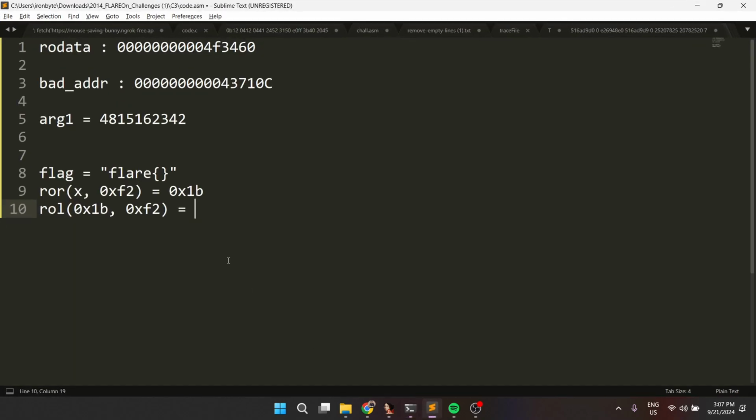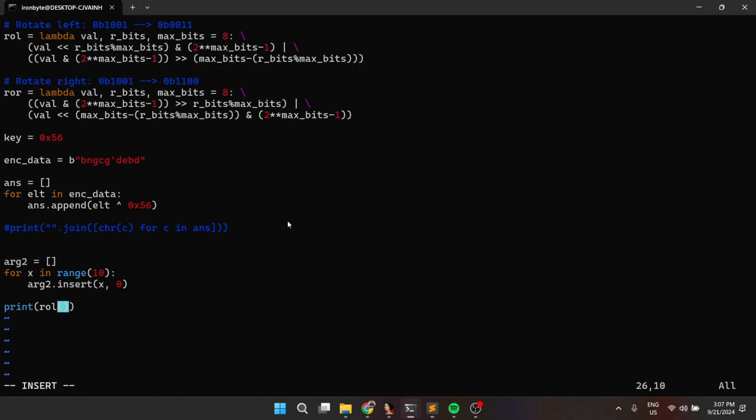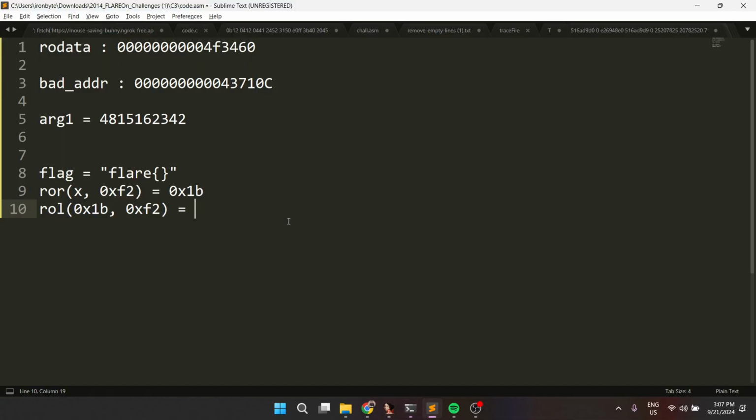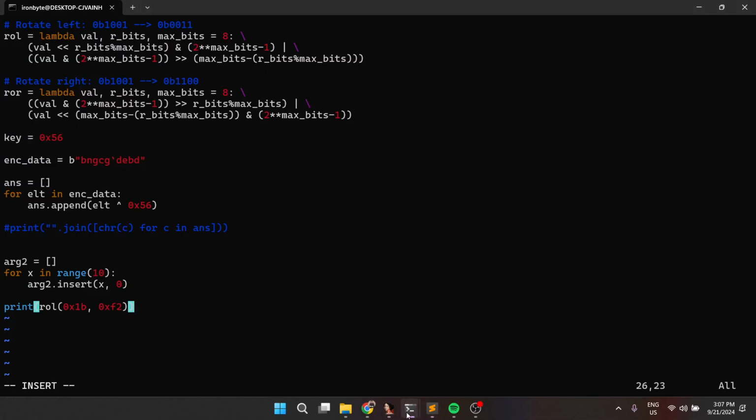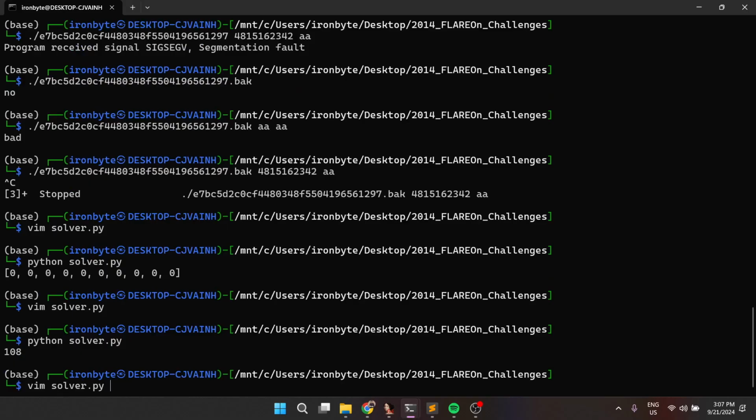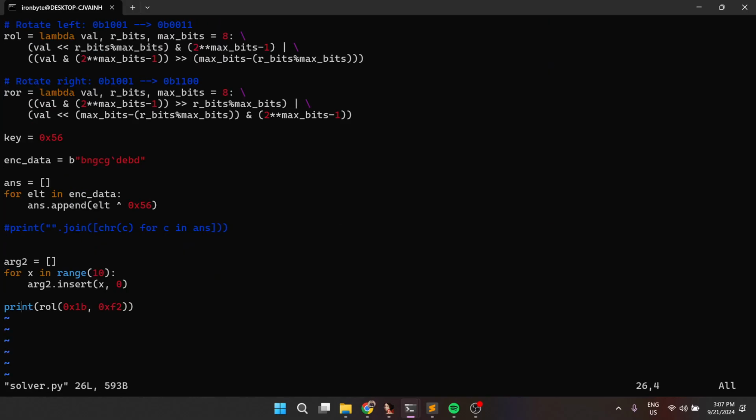We want to know, for example, what the character is going to be for this one, which is a rotate left 0x 1b with 0x f2, which is this one. Just before doing that, well, let's get the result, and then I'll be doing another thing, which is 108. I want to know the character that is pointed to by this one,